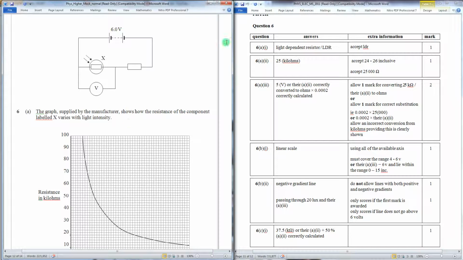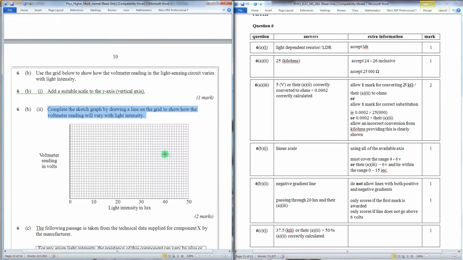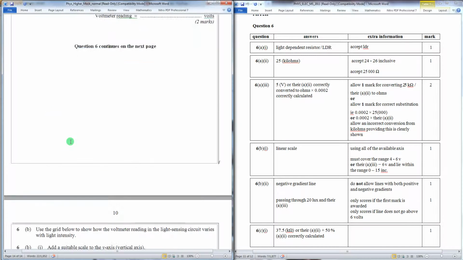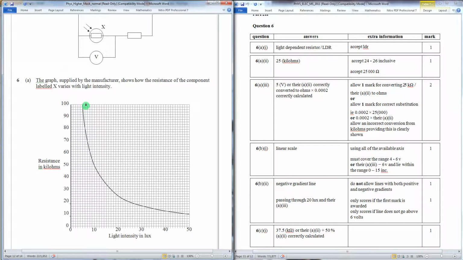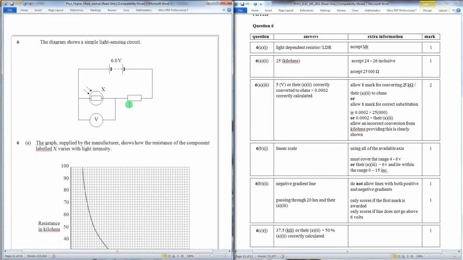So, it's asking us what will happen. If we go back down here, complete the sketch graph with drawing a line to show how the voltmeter reading will vary with light intensity. If we imagine starting at 0 lux light intensity, we have an extremely high resistance. You can't really read it off the graph, but it looks like it's going to be very, very large. We don't know what the value of that fixed resistor is,